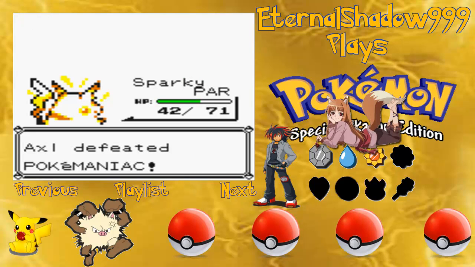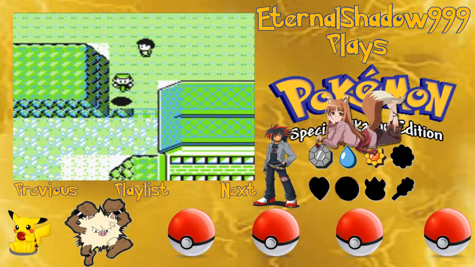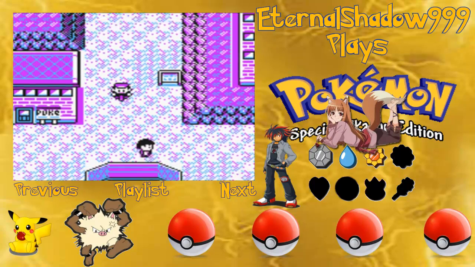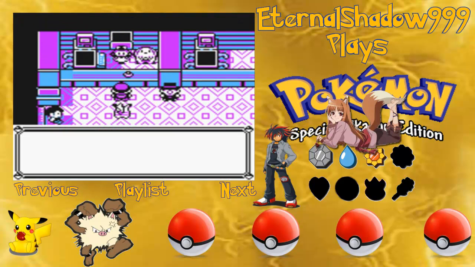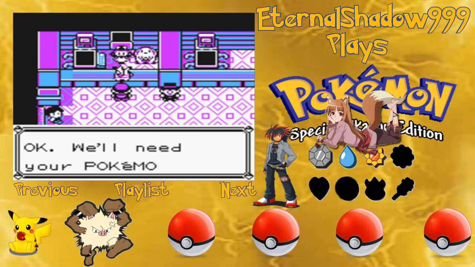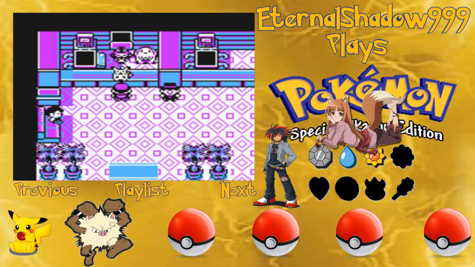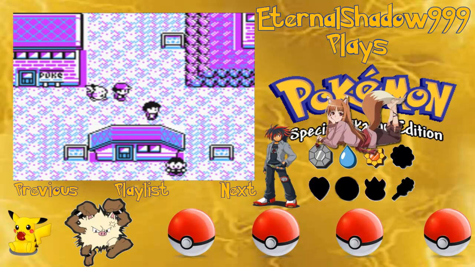Anyway, now that that is all over with and I did stupidness, we're gonna hop down here and get to Lavender Town. First thing we're going to do inside Lavender Town is go over here to the Pokemon Center and heal up. And now that that's all over with, what we're actually going to do is not...